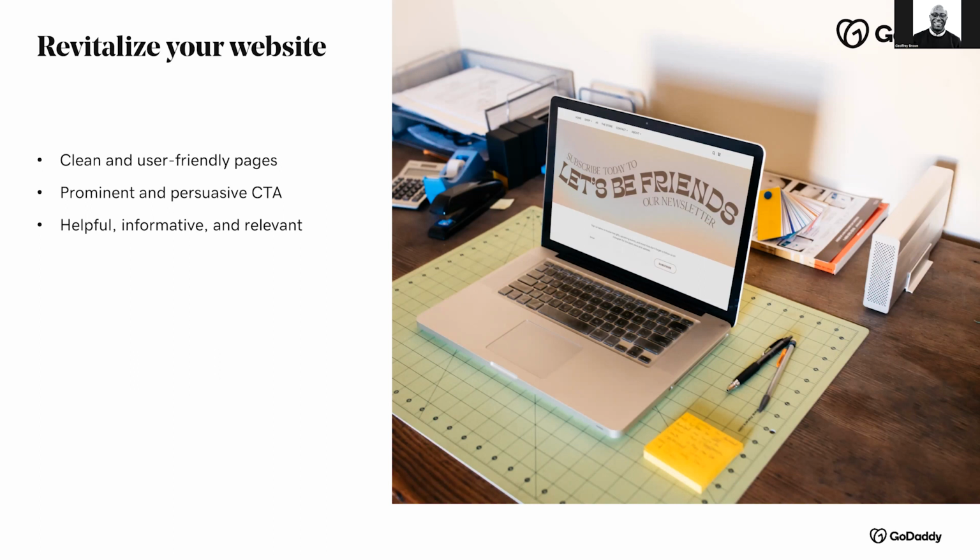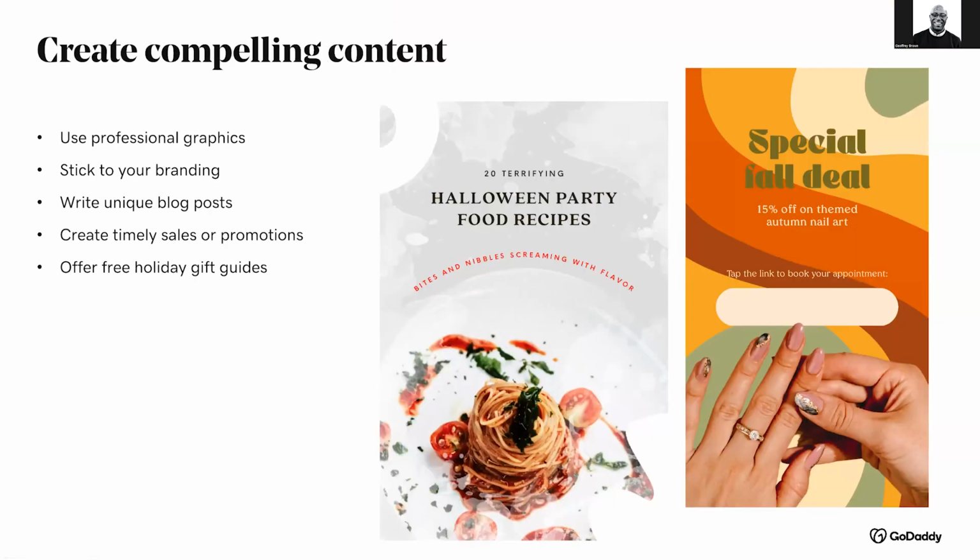So if people are searching for something, you want to make sure that when they go to your website, it's relevant to the information they were looking for, and it's helpful and informative. Even having high quality content on your site will also help your overall SEO value. So it's a win-win, really.